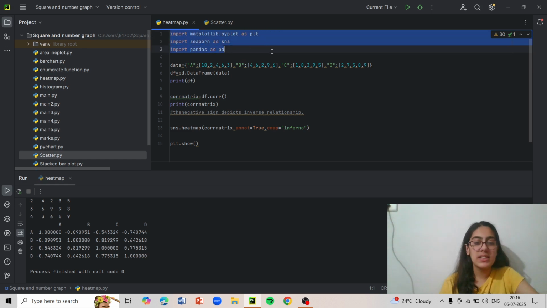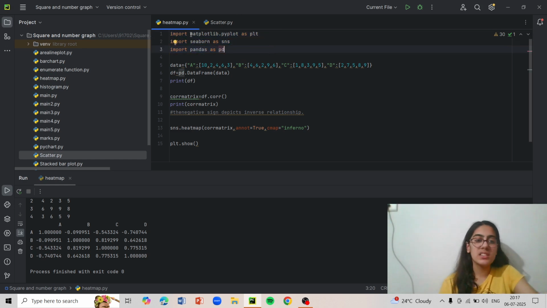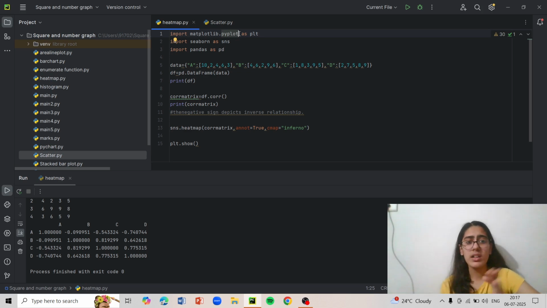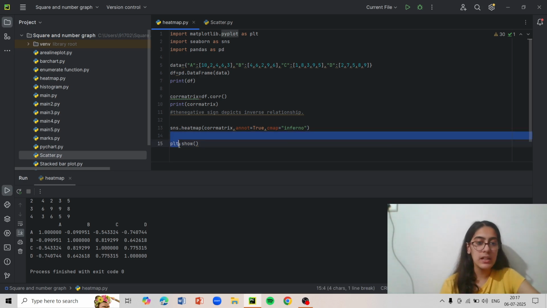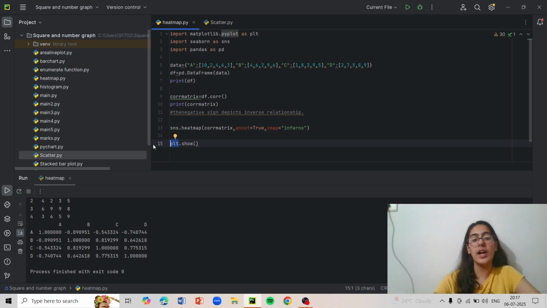Firstly, we have to do these three things: import. I've been telling in my past 3 videos that import matplotlib.pyplot as plt is very important. As plt is not compulsory, but it just ensures that we don't have to write matplotlib.pyplot again and again. For example, you might want to see over here plt.show. This is a small code, so I have had to write it only once, but instead of plt I would have had to write matplotlib.pyplot, the whole thing.